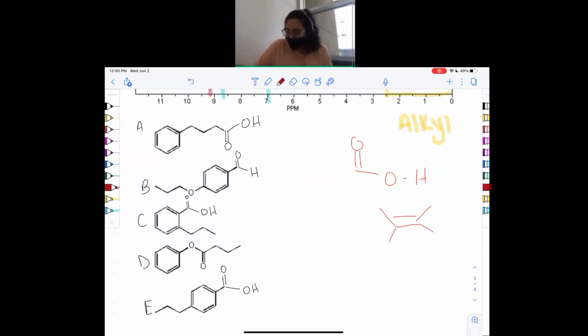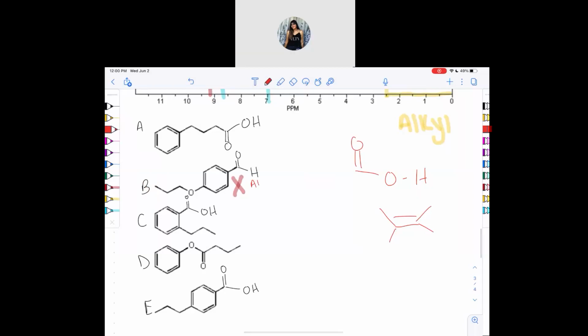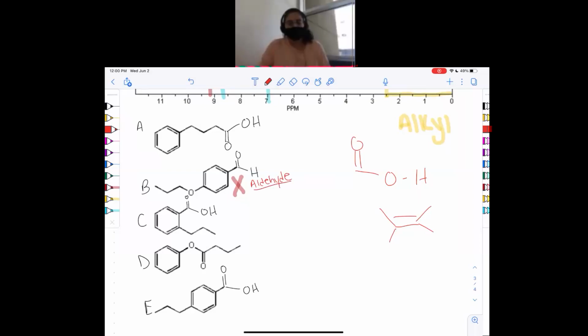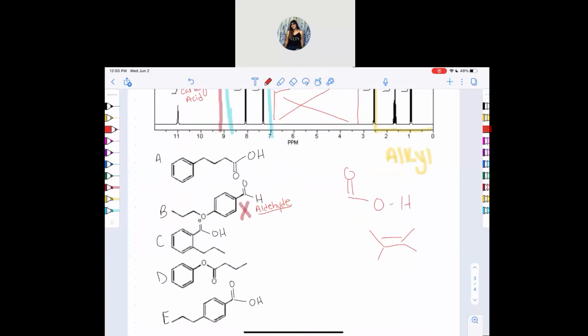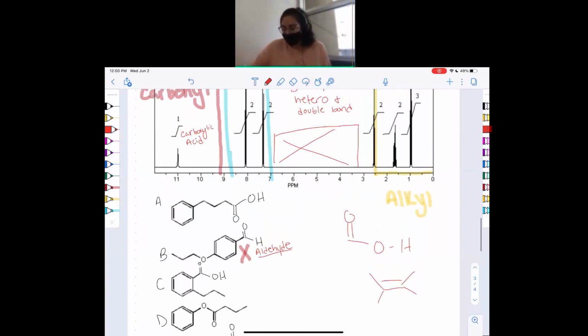We can get rid of B because the integration part doesn't match, right? It just says, or no, wait, I can't see the top part of the chart. Oh no, it says one. Okay, so integration does match. But even just by the chemical shift region, we know it's wrong, right? But if you did want to double check, the real issue would come from